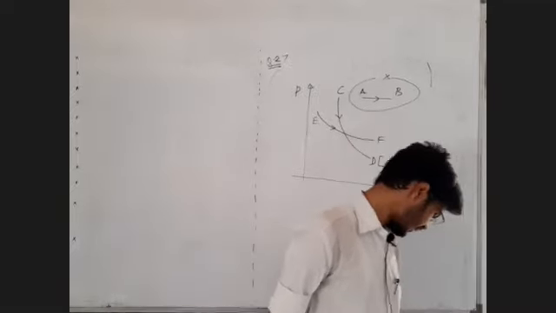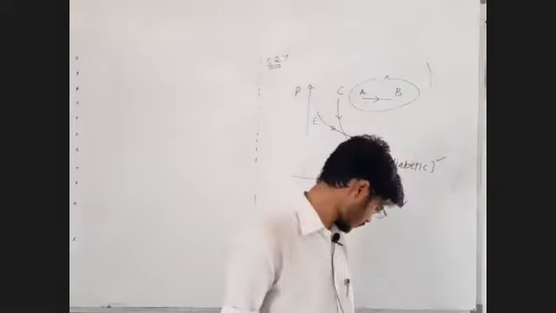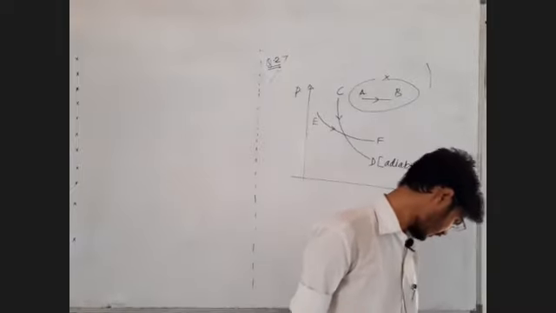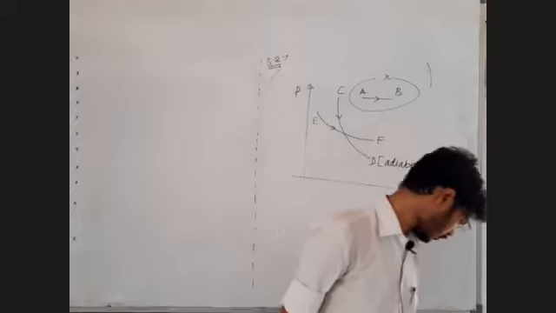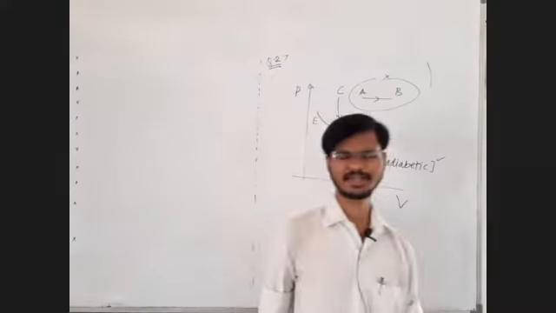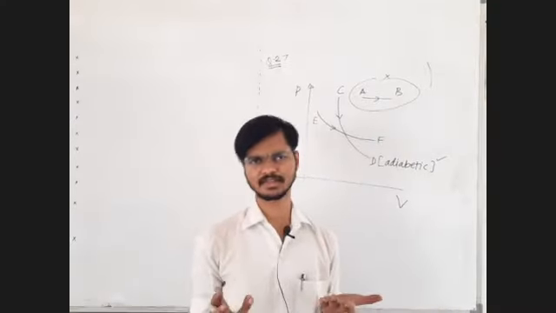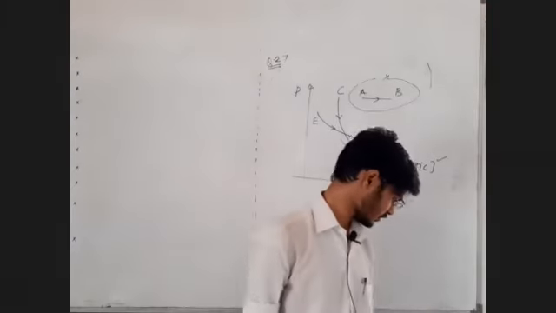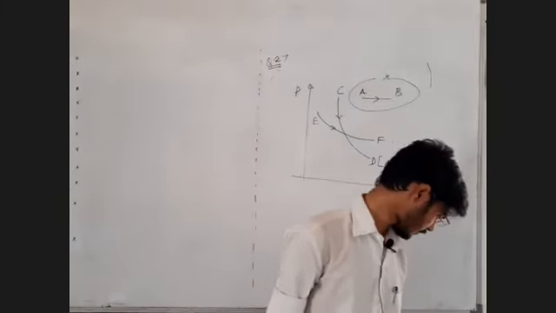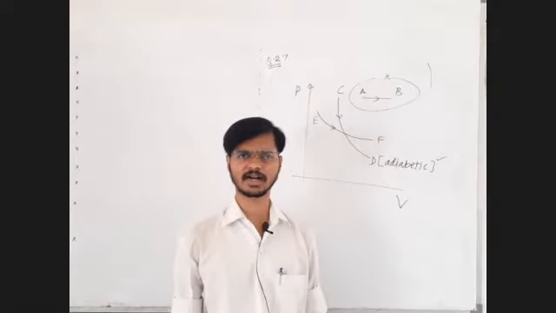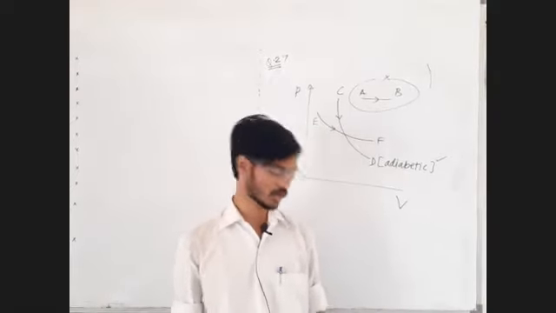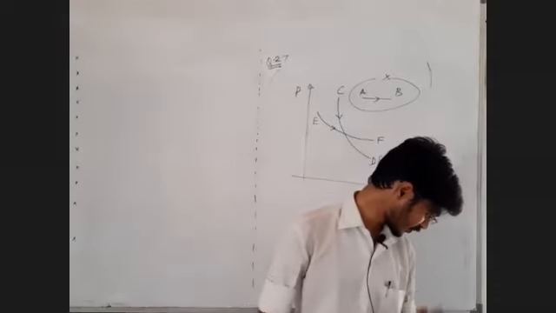Question number 28 is a very easy task for you. It's the first law of thermodynamics applied. You just do it on your own now. Question number 29, area under the trapezium, area of the trapezium. Question number 30, cyclic process, the enclosed area of the triangle is going to be the work done. So question number 30 is also done.